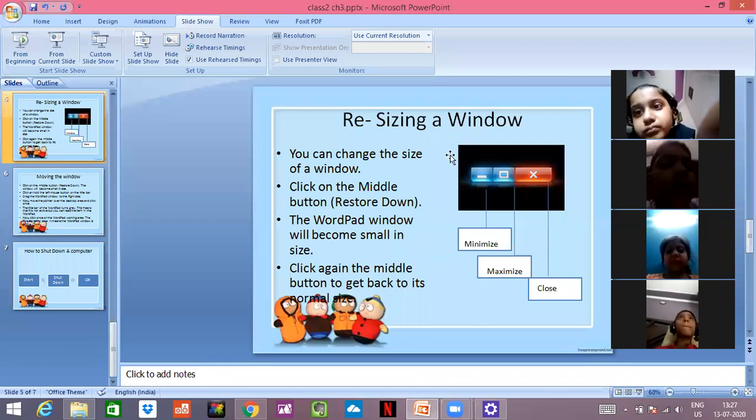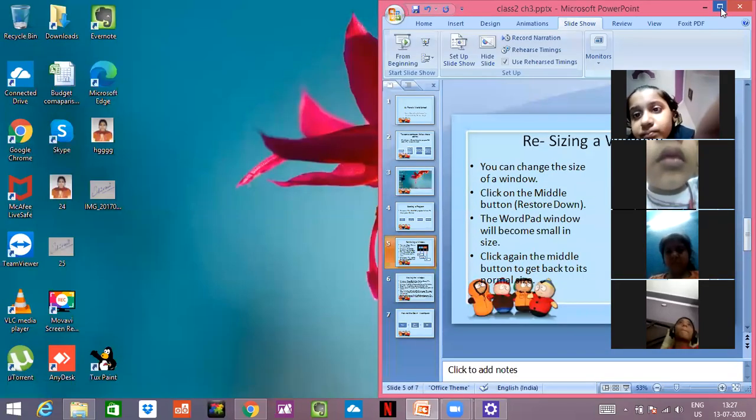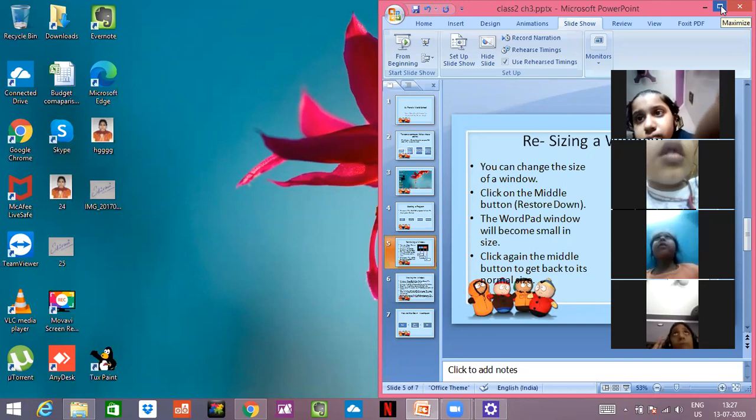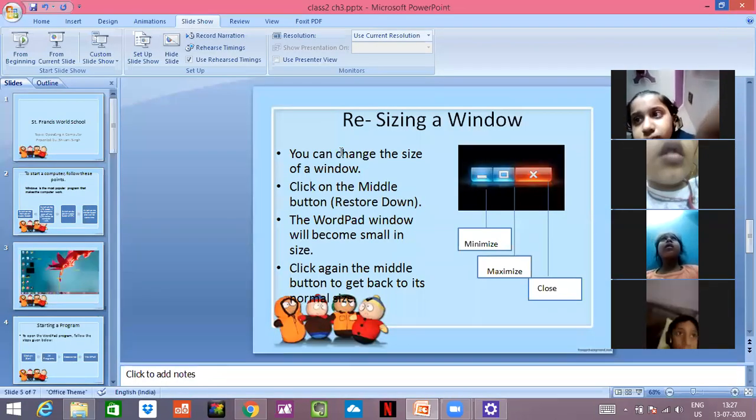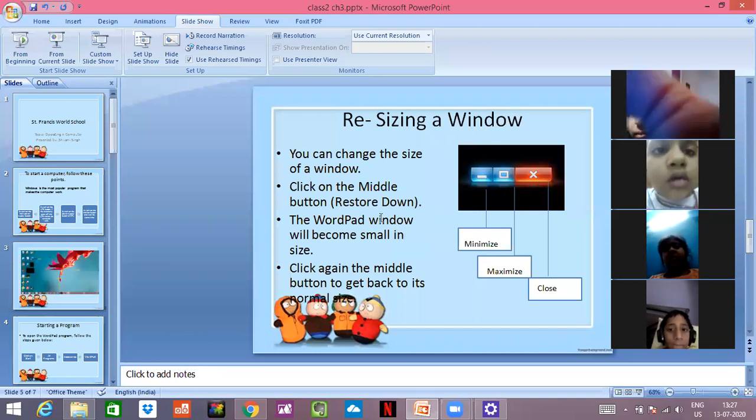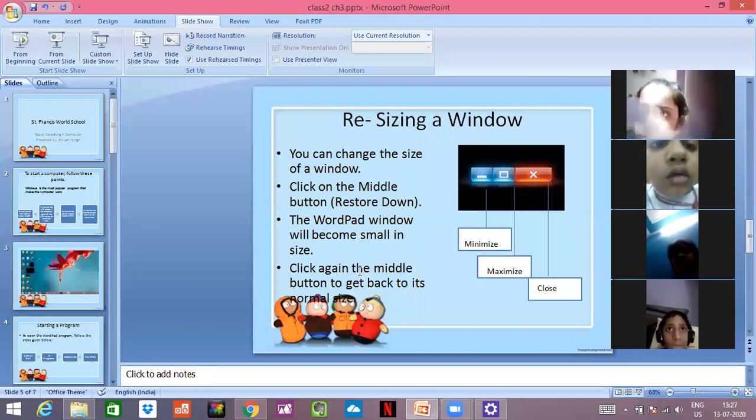See, now this is maximized. This one option on the right side, when you click it, see, it has been shortened, and when I click it again, it will come back. So this is your maximize option, or you can say restore down or restore up option.